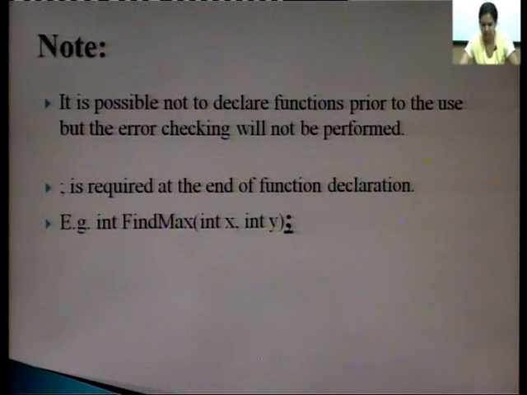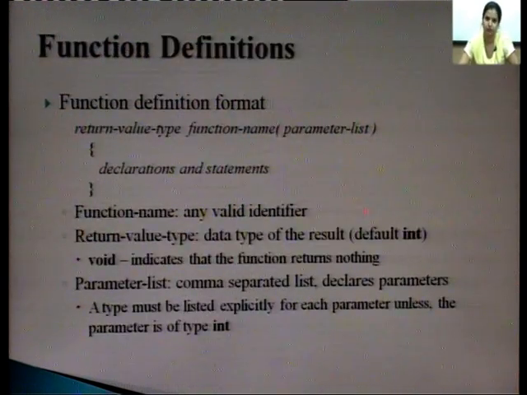The function statement ends with the semicolon. Here the proper format is return value type, function name, and the list of parameters. Then in this block you can declare the statements whatever you are going to perform. The function name can be any valid identifier. Return value type is the data type of the result. If you do not define any, by default it is taken as int. The parameter list is